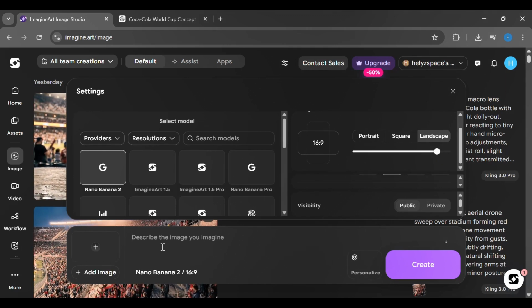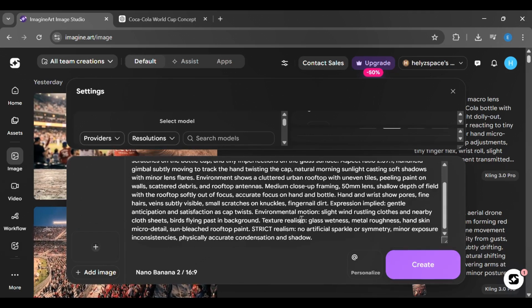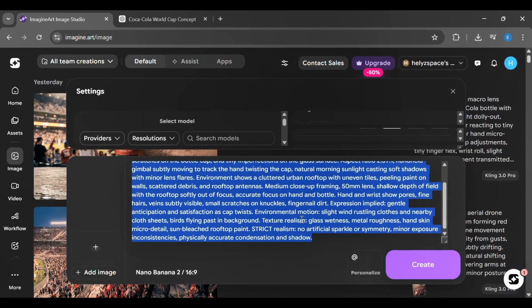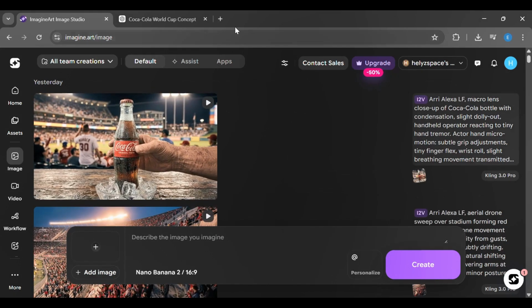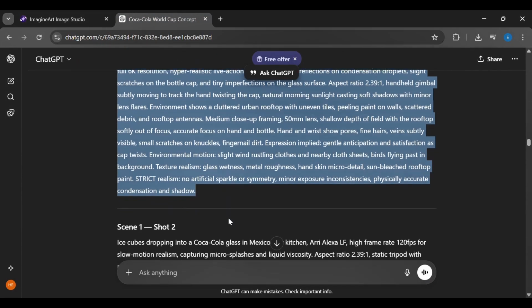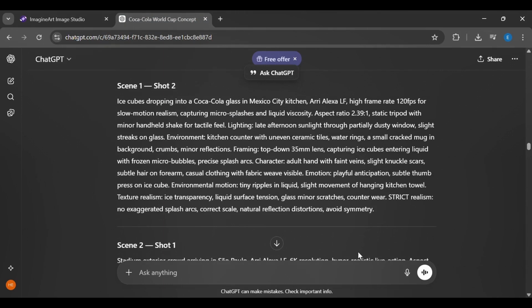Then paste your prompt and hit create. You should get your image back and that image becomes one shot in your commercial. Then you repeat the exact same process for every single shot. Copy the next prompt, paste it in, generate, download. Do that for all 8 shots, and by the end of this step, you will have a complete set of